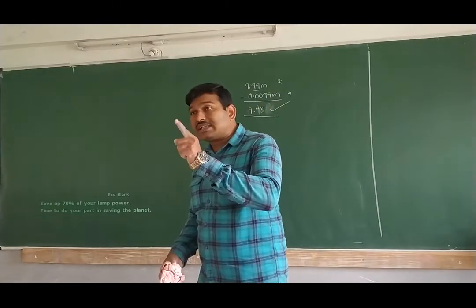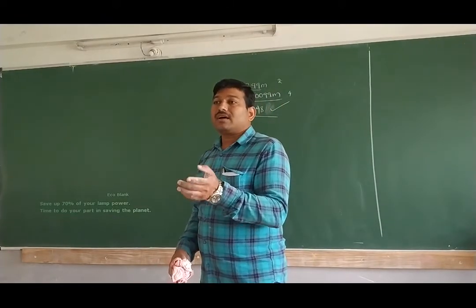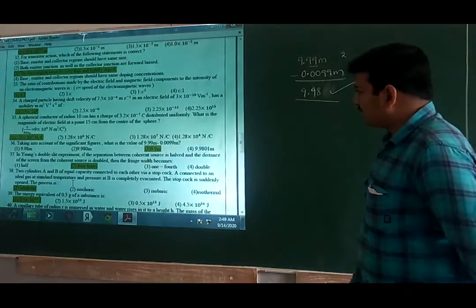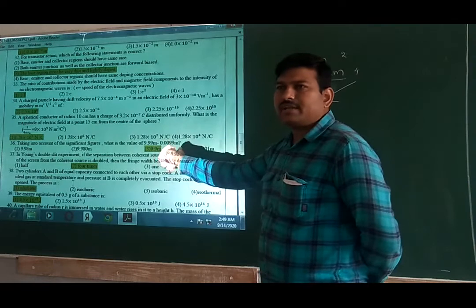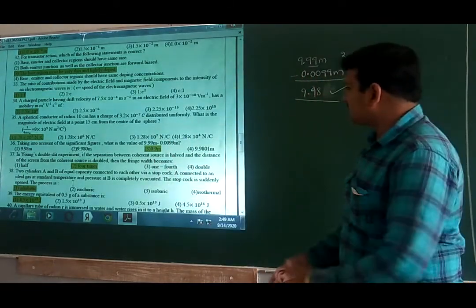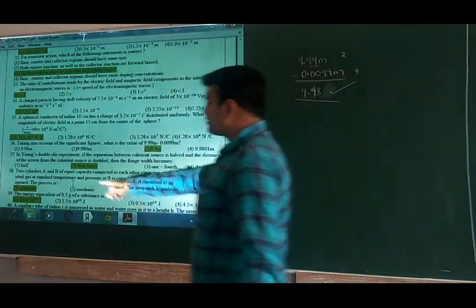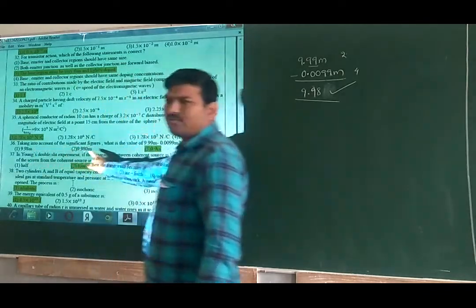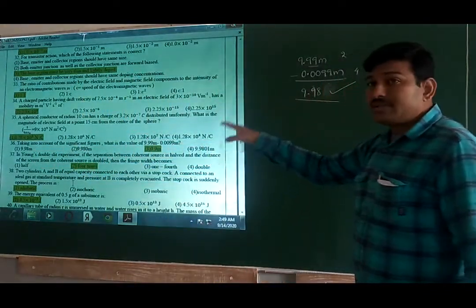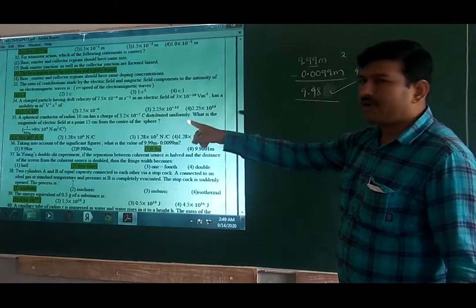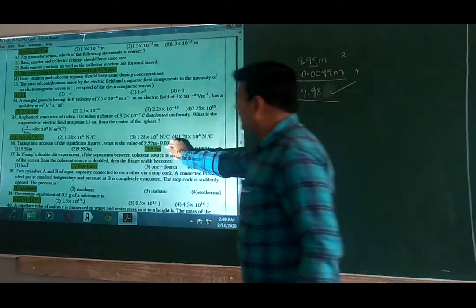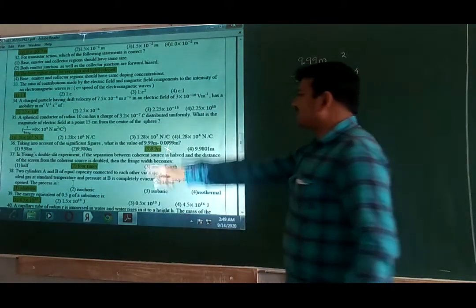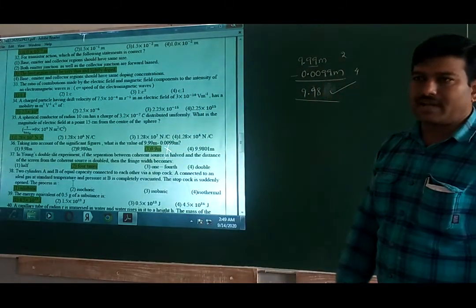During multiplication and division, the final answer is... Regarding this problem, I made a key mistake. So that is not the right answer. The final answer is 9.98. That will be the right answer. Please correct it. The earlier one is the wrong answer. Which is the right answer? 9.98 will be the right answer.